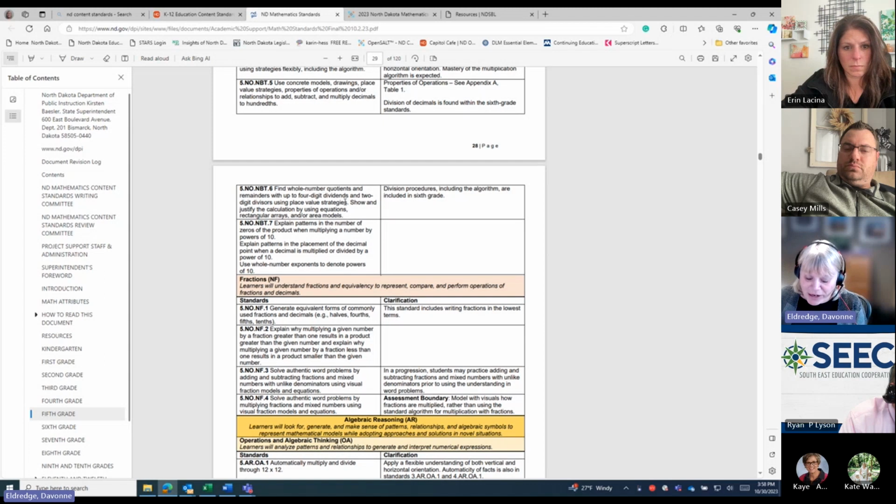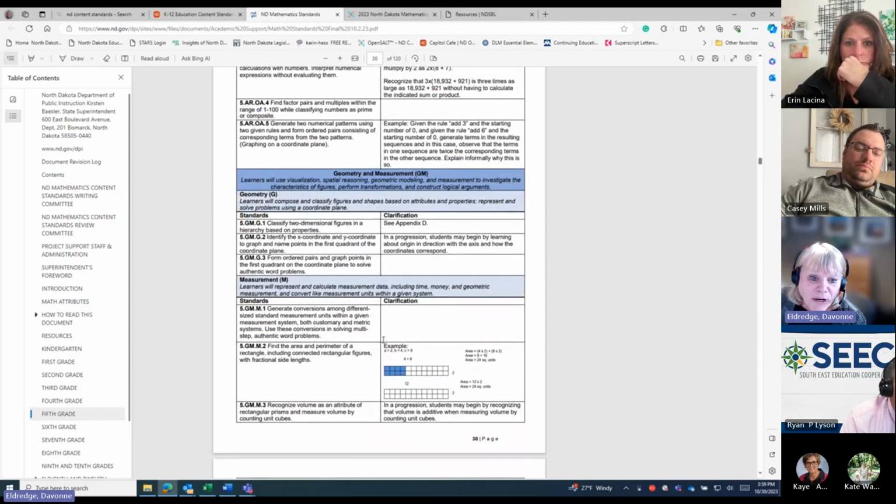We extended the patterning, as we had said before, and we did reduce standards in the elementary grades, and we also got rid of redundancy within the standards. When we look at the work that was done within the geometry area, one of the things that you're going to see is that they focus in on area and perimeter, and they don't get into using the formulas to calculate out volume until they get to middle school.